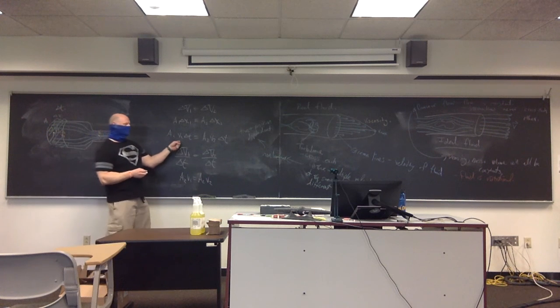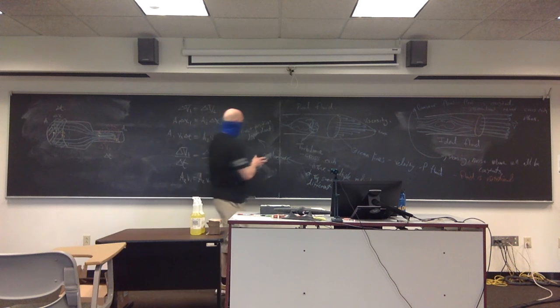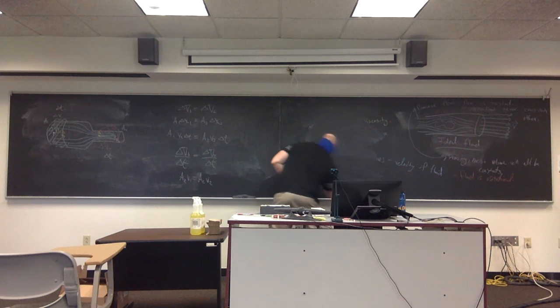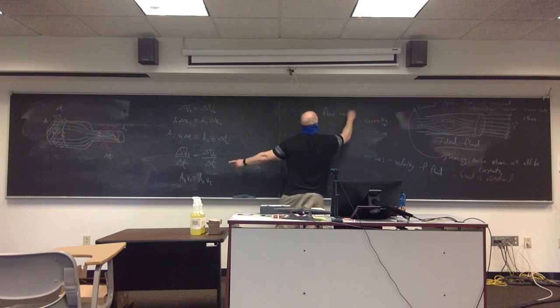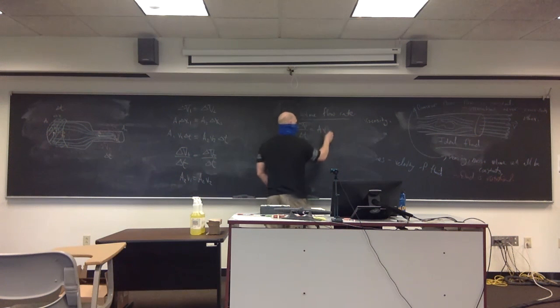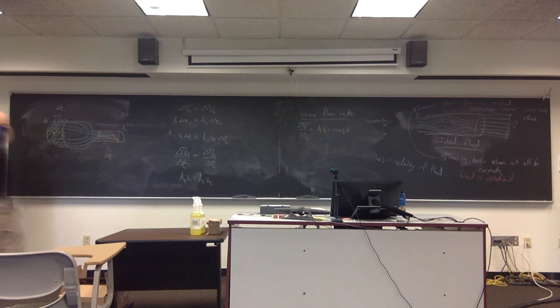So what this is saying is that the change in volume with respect to time must be equal to the area times the velocity. This is what's known as the volume flow rate. So what volume flow rate says, based off of this expression, is that the change in volume with respect to time must be equal to the area times the velocity, which must be equal to a constant. This is what's known as volume flow rate. Because of this expression,